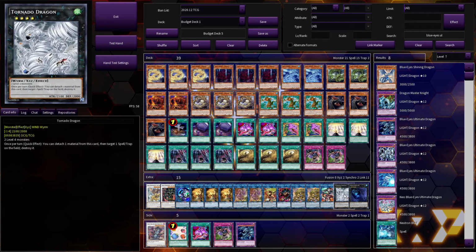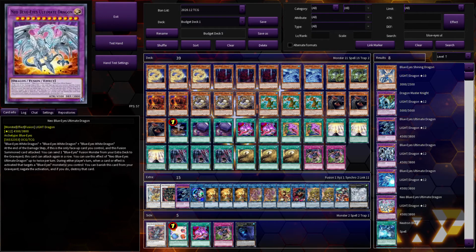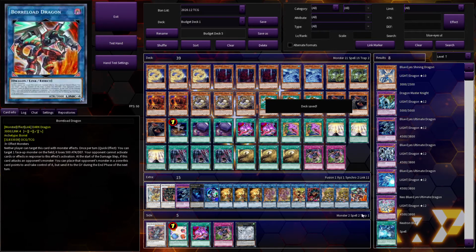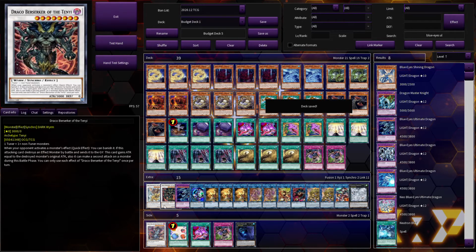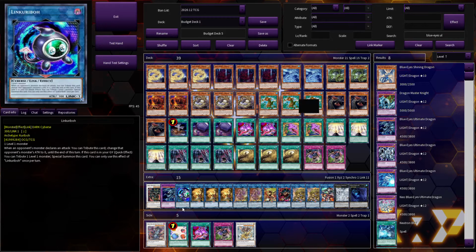you can remove a lot of stuff, like, okay, Dweller for Lua. No, actually, you're better off playing Dweller, but Tornado Dragon is preferable in this deck because it locks you into worms. So it depends fully upon you. Honestly, I would just keep it like this. You could play Blue Eyes, or you can just take out the Yang Zing. But yeah,